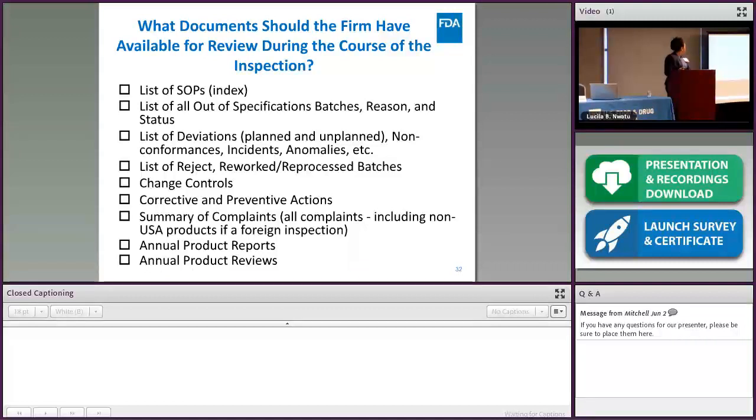A list of deviations, planned, unplanned, non-conformances, incidents, anomalies. Every firm has a different way of calling it, but any non-conformances that have happened during manufacturing. A list of rejects, rework, reprocessing of batches if you do that. Change control, and all of this is the procedure as well as the list of events. Corrective and preventative action,